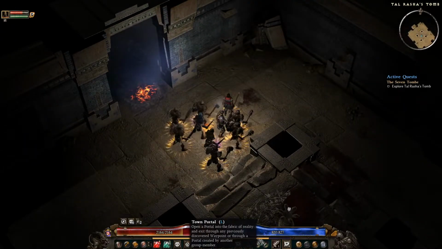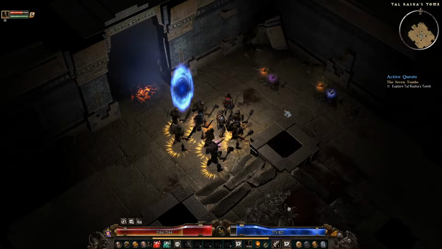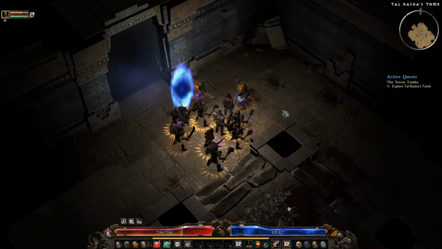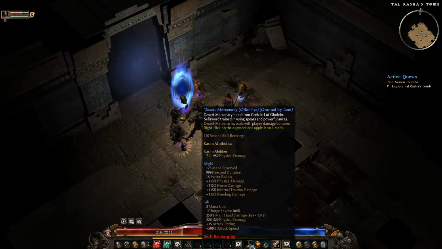I'm going to go ahead and put up a town portal just in case. I'm going to let my mercenary recover, and we're going to actually cast up some of this other stuff because we actually need our mages back up as well. We want to go in fully prepared because things could go very badly very quickly if we do not. And he's got about...